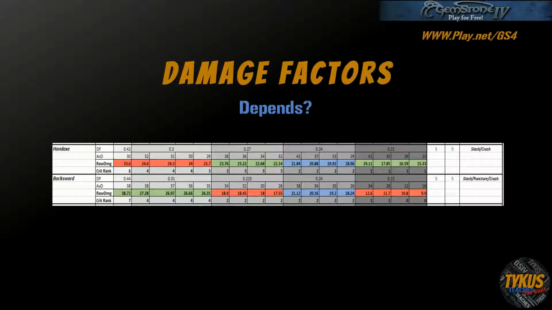Against the cloth subgroup, which is that first category of 0.42, a back sword only has 0.44. The leather group is 0.3 to 0.31, and you follow that down. It's very similar across the board. Now the back sword has much better attack versus defenses in the lower armor groups. You can see that against leather,